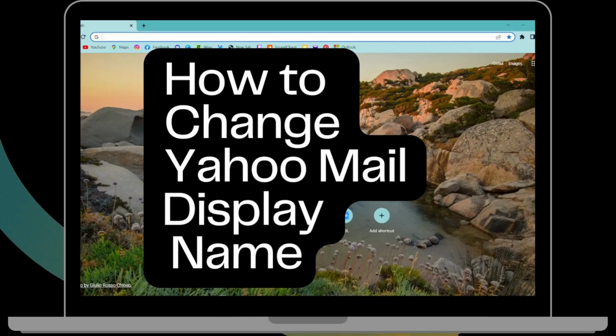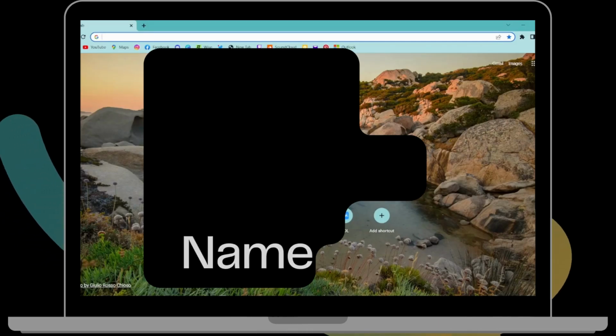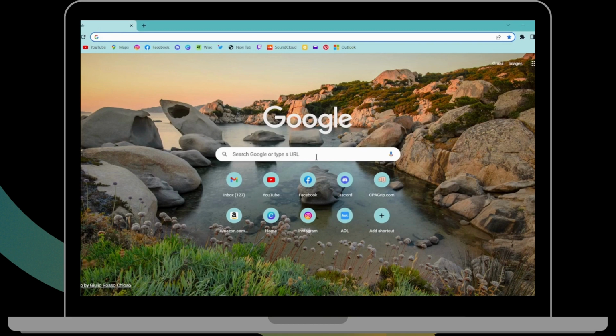How to change Yahoo Mail display name. So if you want to change Yahoo Mail display name, then first of all open up a browser, any browser that you're comfortable with. I'm here with Google Chrome browser, and now on the search bar search for Yahoo